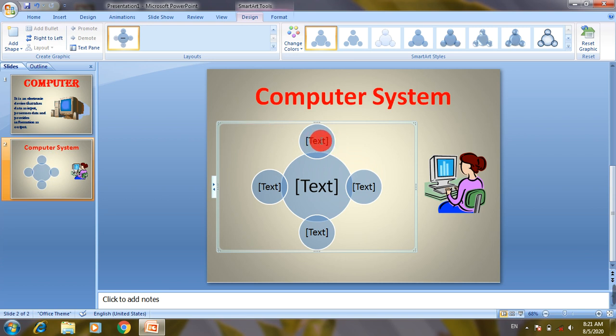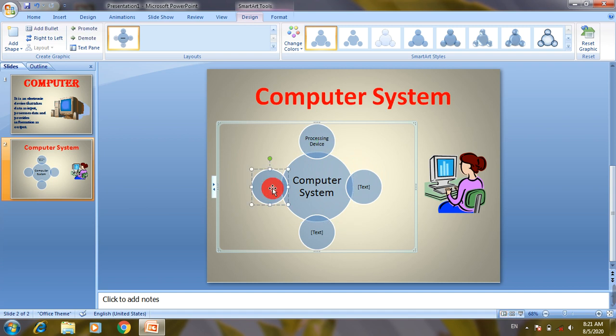And here you can see text option given, so you can add your text here, what you want to show here. For example, I am going to show this as processing device, and in the center I'm going to write computer system.